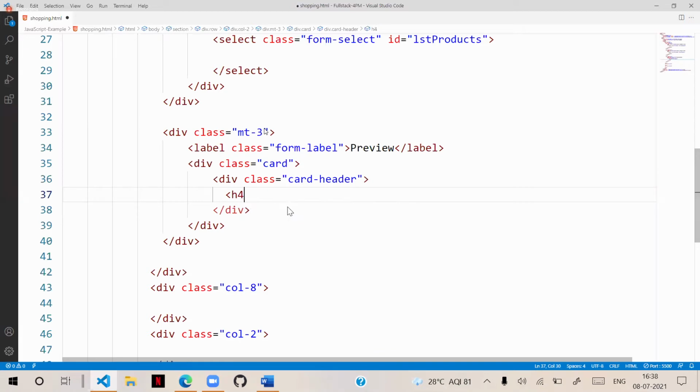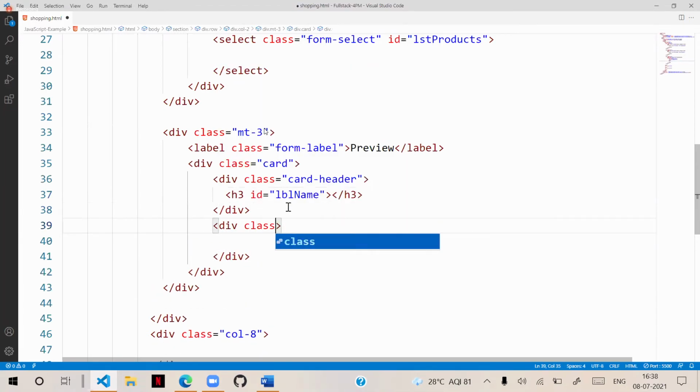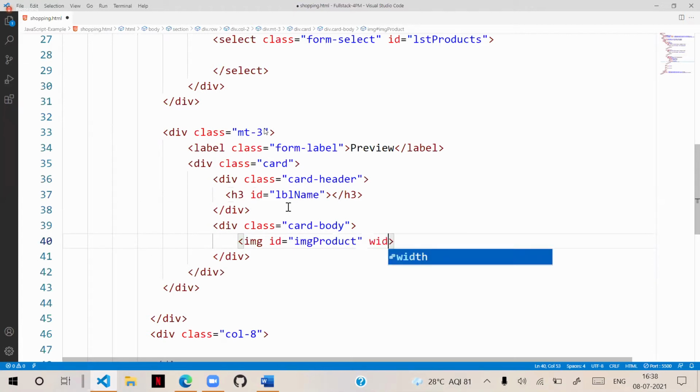So heading and ID as lblName, and we have some card body and image. So ID as imgPic, or imgProduct. Reasonable names I will give. So width and height,